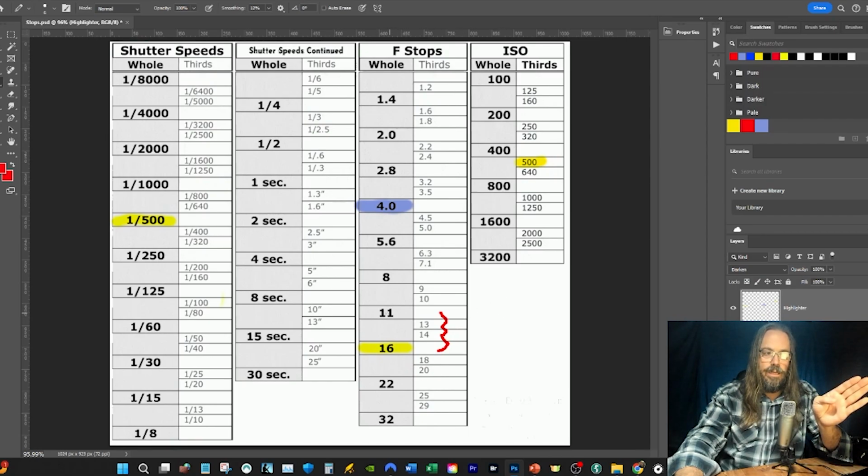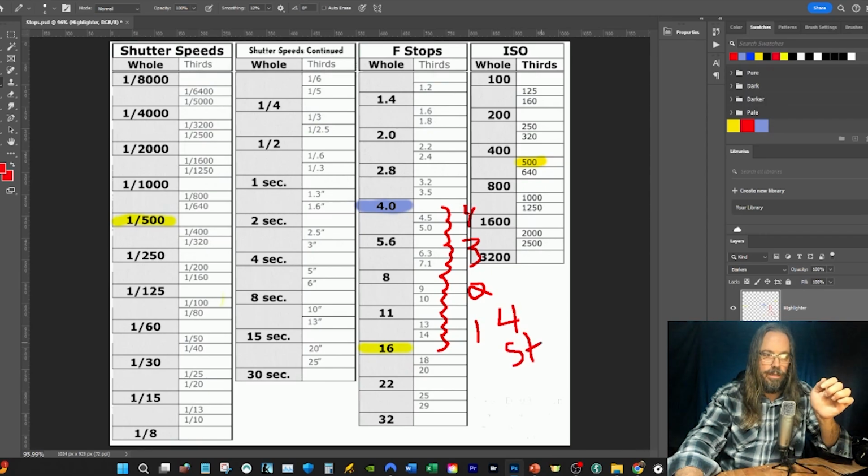So from f16 to f11 is 1 whole stop of an exposure change. So I'm just going to write 1 here. And then from here, we're going to go 1, 2, 3. That's 2. And then 1, 2, 3. That's 3. And 1, 2, 3 more gets us to that f4.0, excuse me. So I'm going to go ahead and write 4